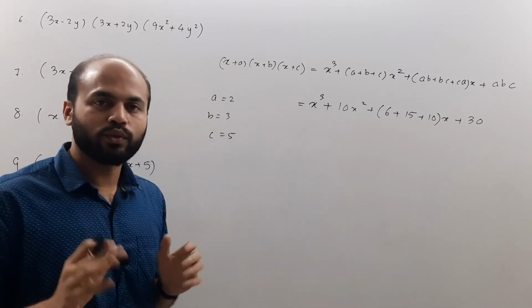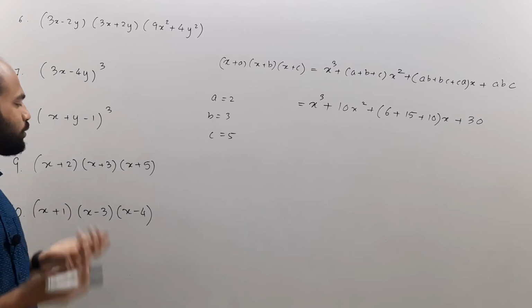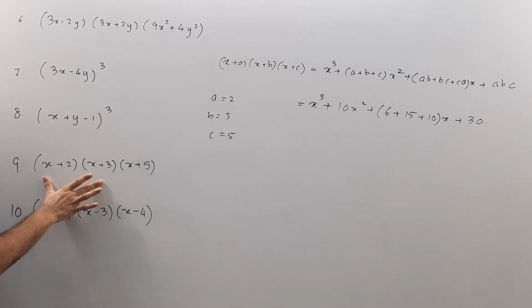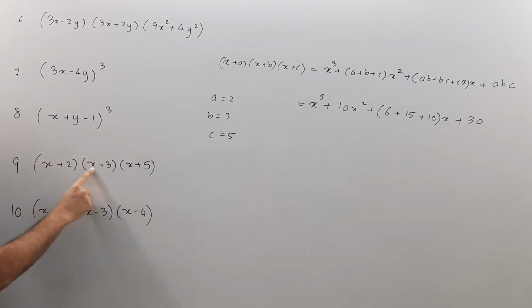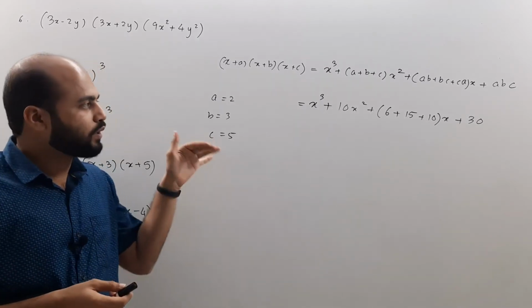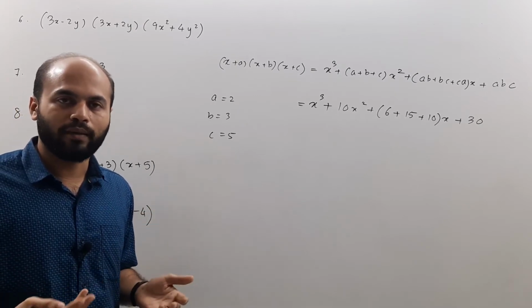Now the advantage of using this formula is that if I was not using this expression, then I would expand this first, or I would multiply x square, then x into 3, then 2 into x plus 6. So this is a long process that we would probably do, and then we would end up getting the answer. But finally we will get the same answer, a little more time is required in that.